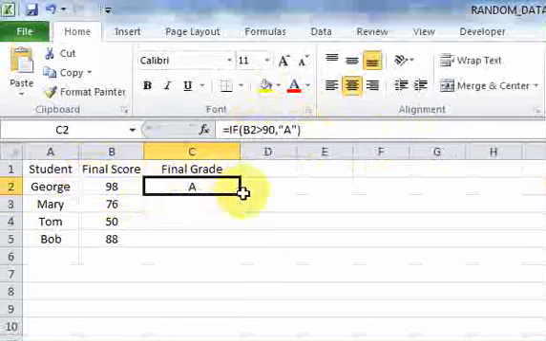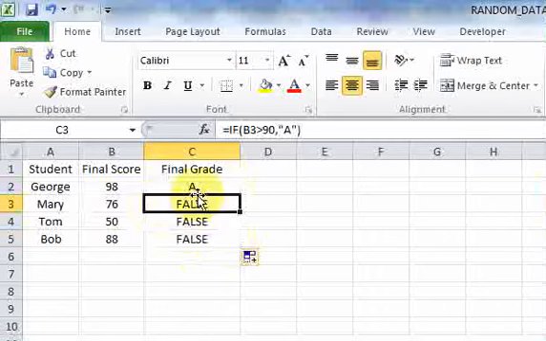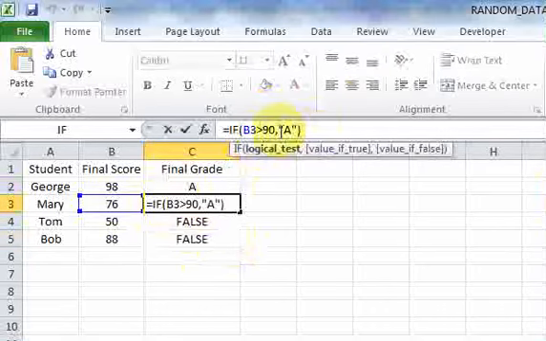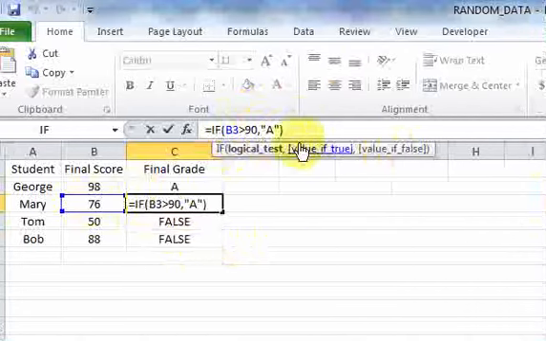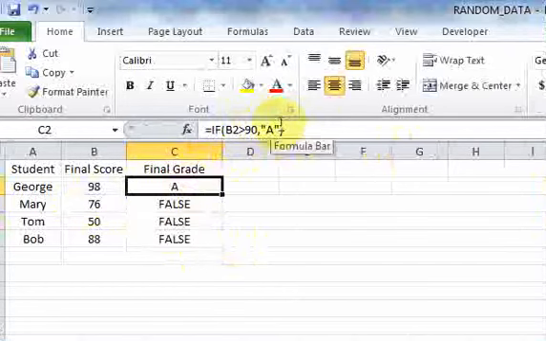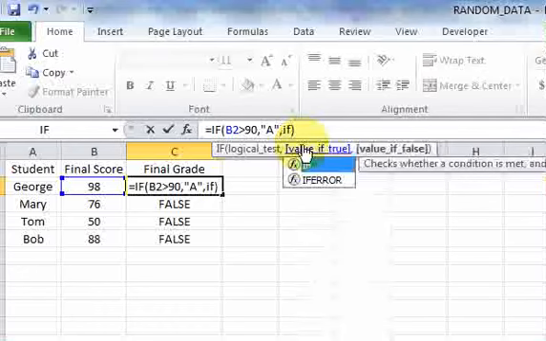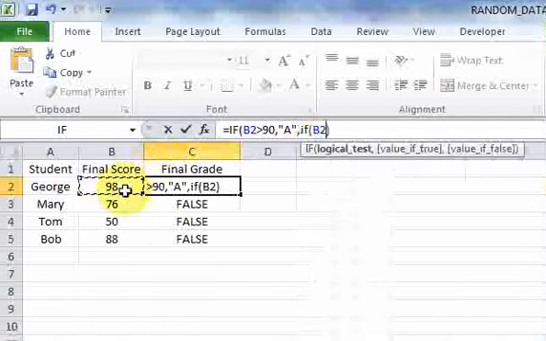If I drag this formula down, I get false, false, and false, because all these grades here, 76, is 76 in B3 greater than 90? No, it's not. So it would fall into the value if false, but since I didn't provide one, it just returns false. Okay, so now let's deal with that. So let's go back up here and let's do something else. Let's do if B2 is greater than 90, then A, and I'll put another comma, and I'll write another if function. I'll say if B2 is greater than 80,